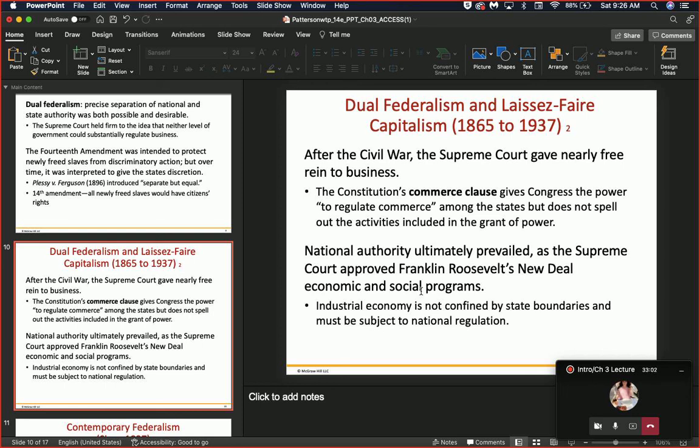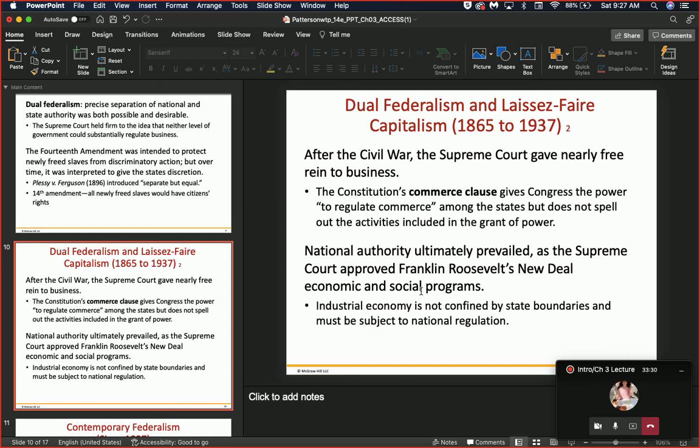Huge unemployment rates, people out of their houses, so on and so forth. So Franklin Roosevelt created this plan to be able to get out of the Great Depression, but it was a big deal because he was one individual, right? And he was a president, not a member of Congress. And so because of that, he was creating all this different legislation that the Congress ultimately passed, but he was the one coming up with it himself.